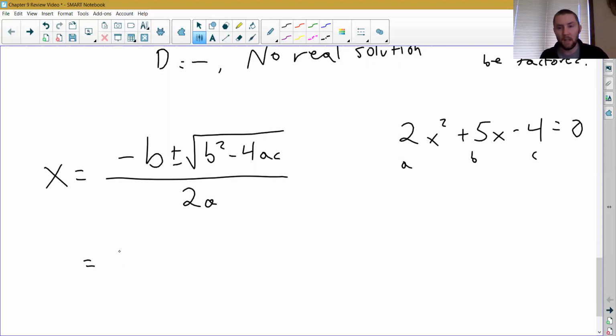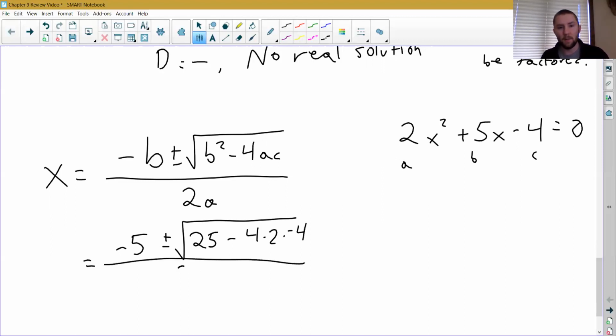It would say, the opposite of b would be negative 5, plus or minus the square root of 5 squared, which is 25, minus 4 times 2 times negative 4, divided by 2 times 2 on the bottom. So then we get negative 5 plus or minus, 4 times 2 is 8, 8 times negative 4 is negative 32. So now it says 25 minus negative 32, so we'll add a positive and get 57. Square root of 57